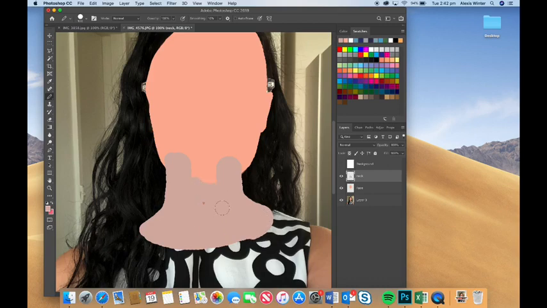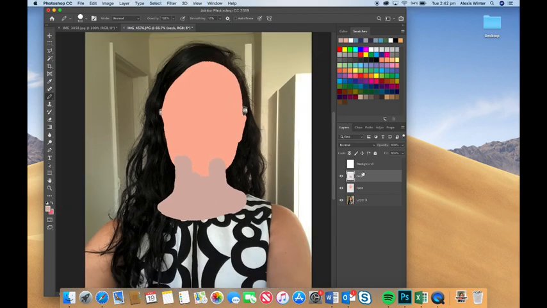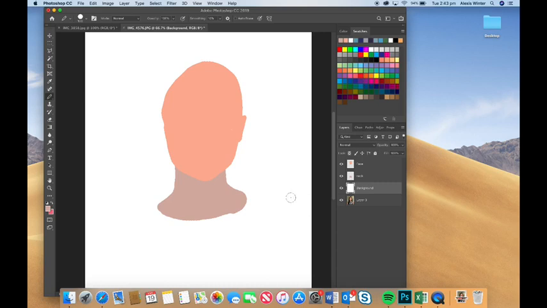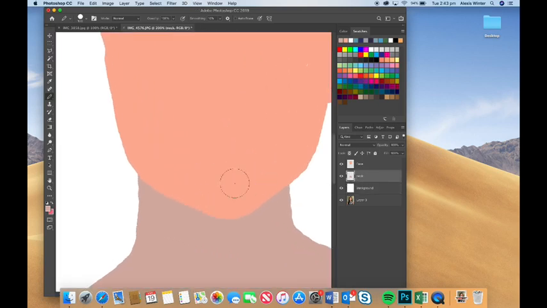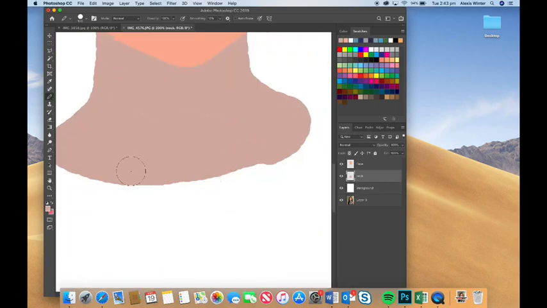Now once you've done your neck layer, I know what you're thinking, Miss Winter, the neck is covering my face. This looks ridiculous. So what you're going to do is hold down on it and drag it below the face layer, so now it's sitting behind that. And I also want you to drag your background layer, hide it behind the neck and turn that on, so now you can see how your image is building up. And I can see on my neck layer here I need to add just a little bit extra,